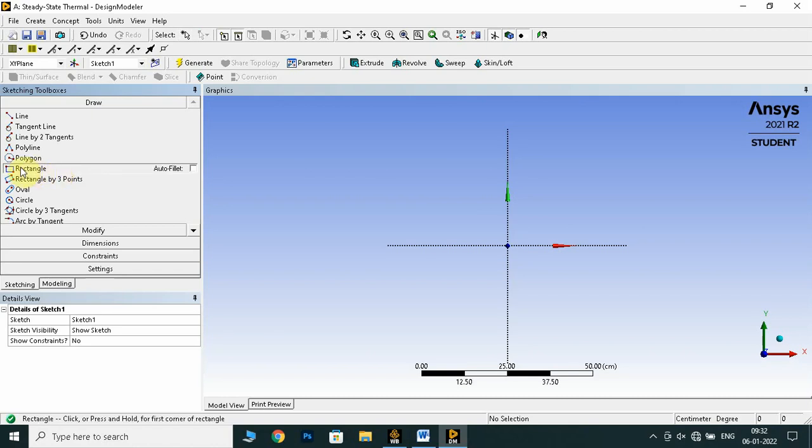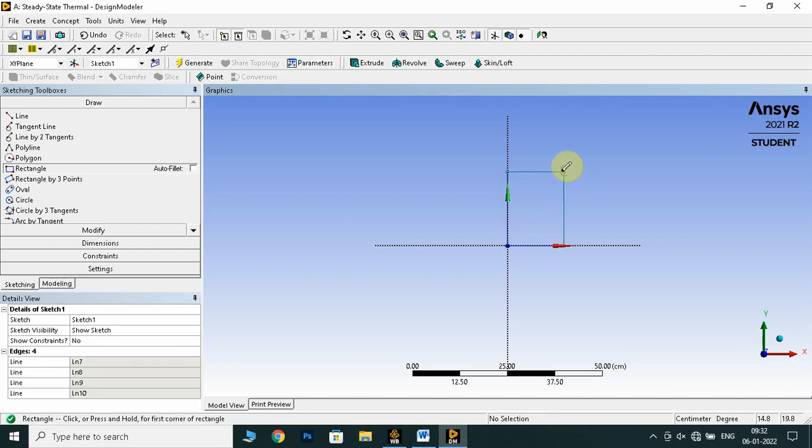You select the rectangle, and if you put it on the line, it shows C, and if you keep it here, it's P, and P means there's a point and you're exactly on the point. So I'm selecting P, and I'm drawing a random rectangle.